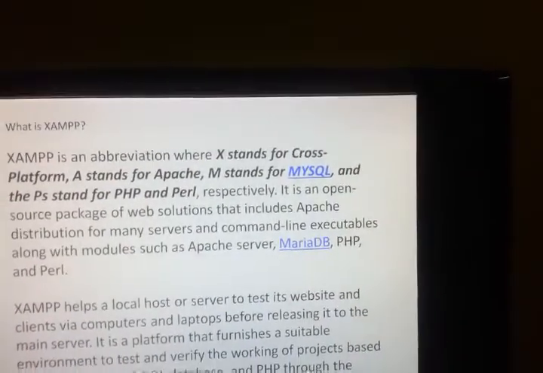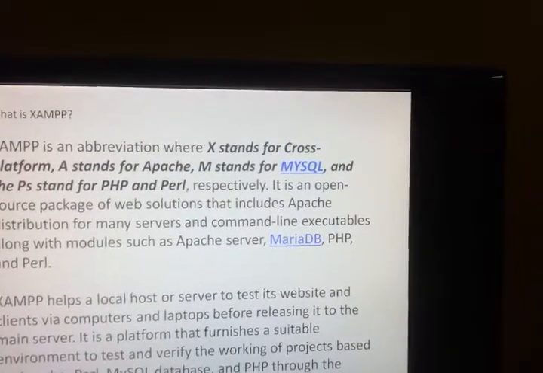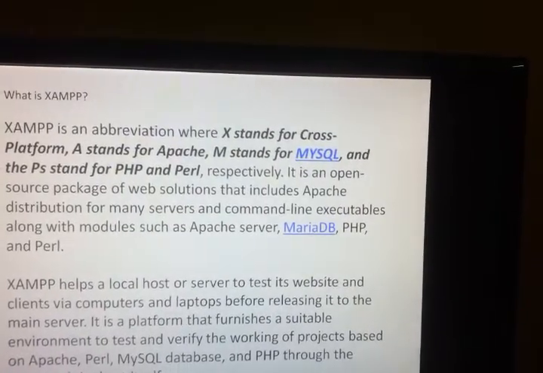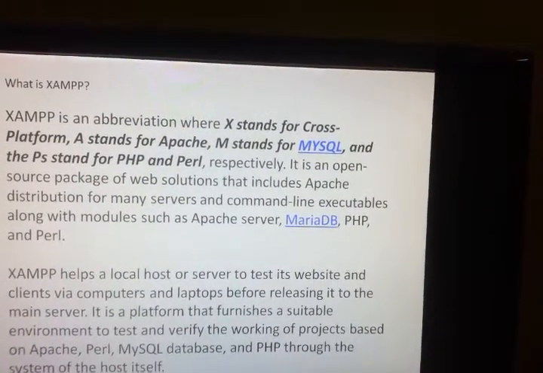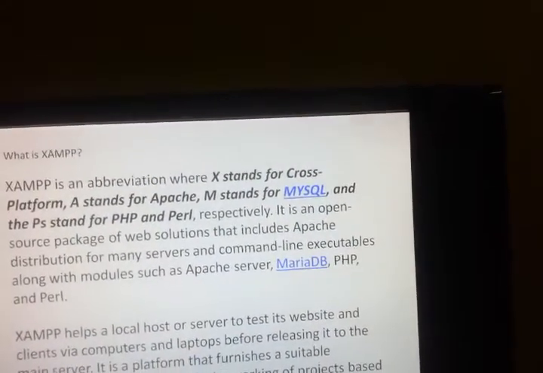So X for cross-platform, A for Apache, M for MySQL, P for PHP, and P for Perl.